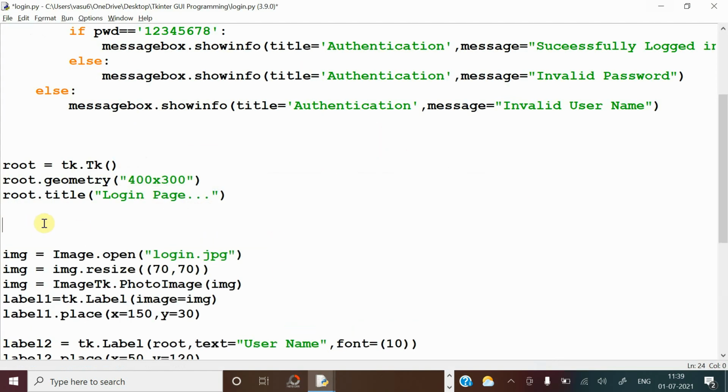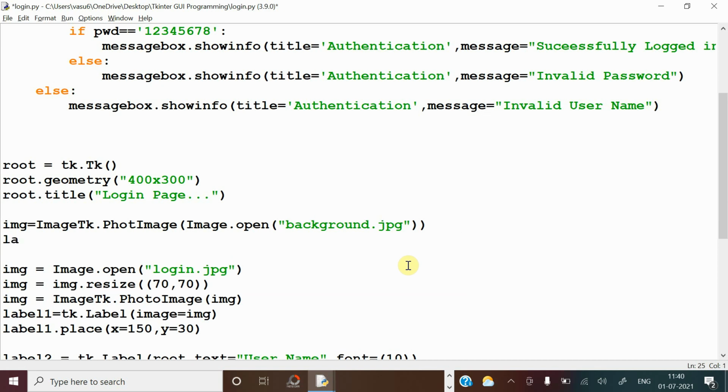First you have to import the image. How can the image be opened? The logic is Image.open. Within that you have to give the name, background, and the extension also. Now this should be kept in PhotoImage, tk.PhotoImage, as the parameter. Now keep it under one variable, img. So like this the image can be opened.